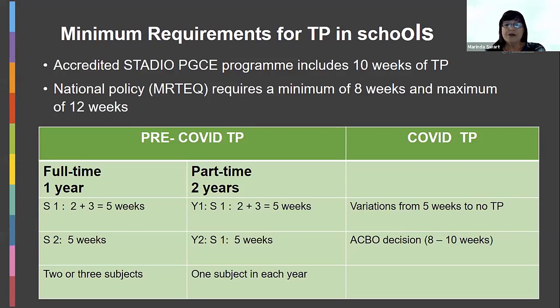So with the revisions, because of the outbreak of the virus, our academic board, in short ACBO, decided that where students can possibly do the 10 weeks, that is our first goal, but the minimum teaching practice for the year within the PGCE program, whether it's 1 year or 2 years, must be 8 weeks. Okay, so